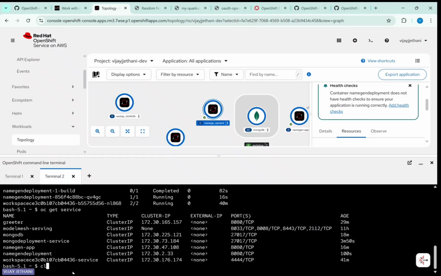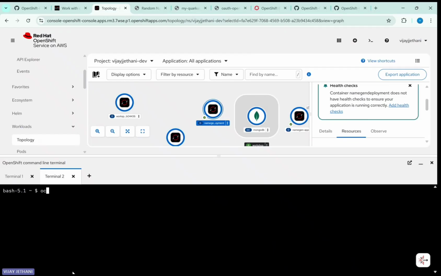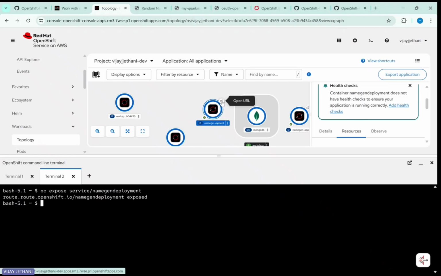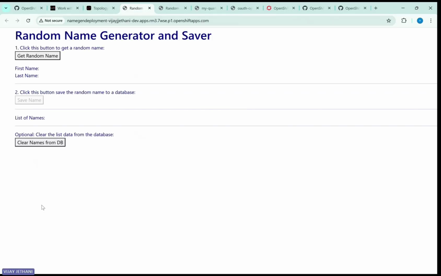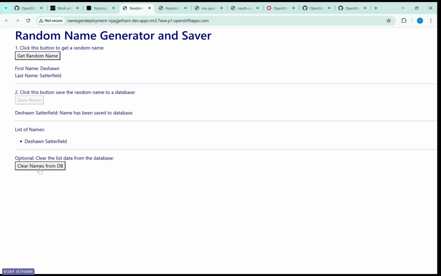Finally I think we need to expose this. Name was namegen deployment. Okay, now I see a small icon showing me where I can open the URL. Let me try this out. So same thing exactly. We converted the deployment config to the deployments and this should work. Okay, so I am running this now from the